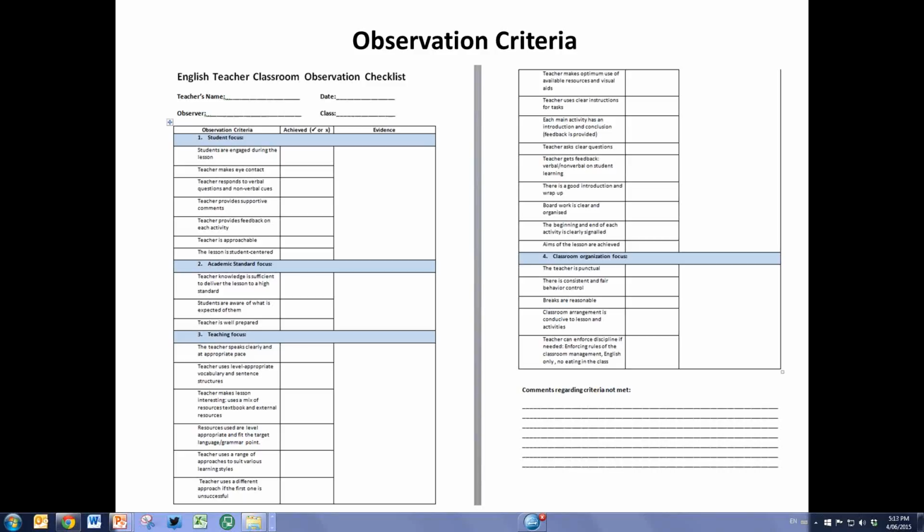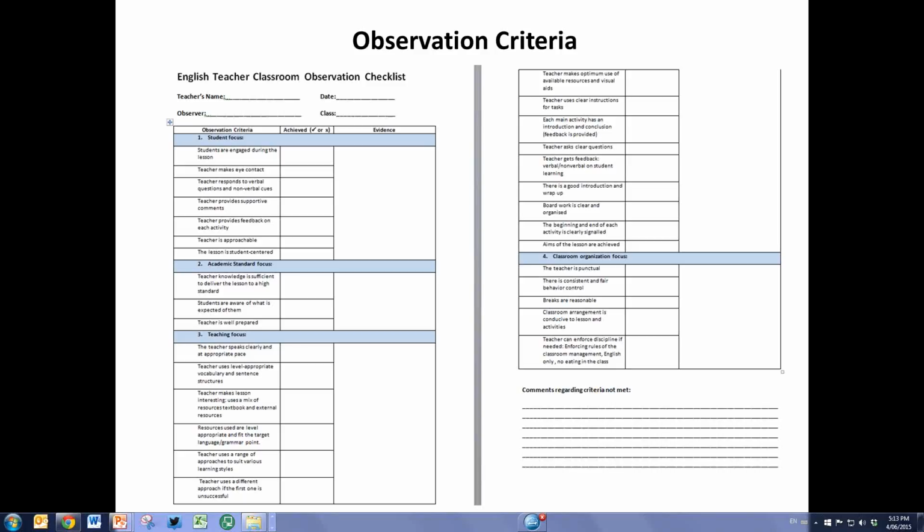One way to become an observer is to actually do a few observations and get some practice in that area and refine your own way of giving feedback. Now, this is something we borrowed from Navitas and then adapted to our own needs. A set of observation criteria that I got the teachers to mutually agree on, and we put this list together.